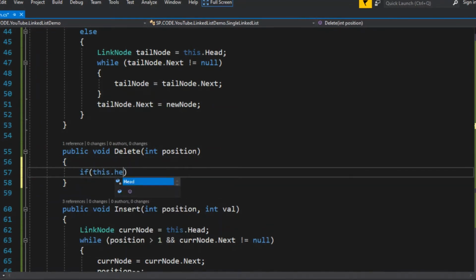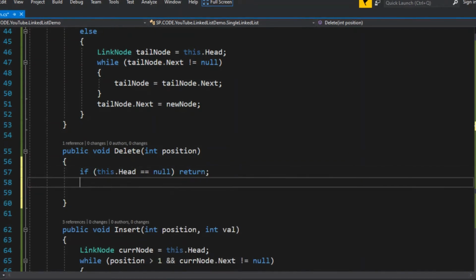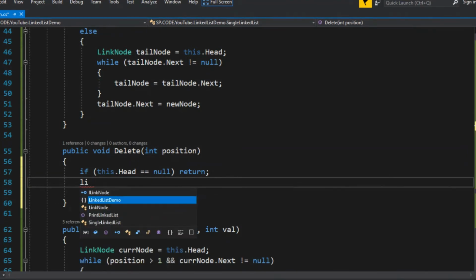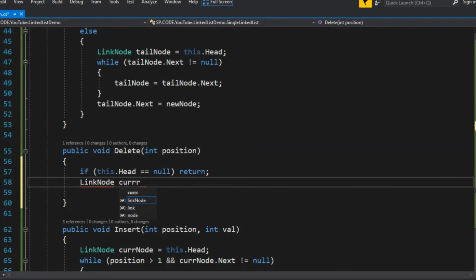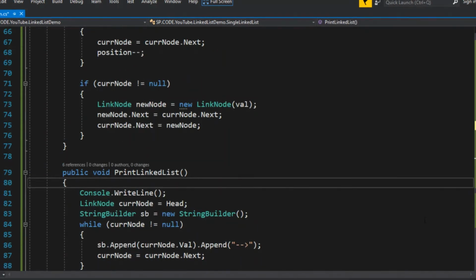So if your head is equal to null, we are not doing anything, right? Now move to the link node, like current node equal to this dot head. Now current node is pointing to the head, right?